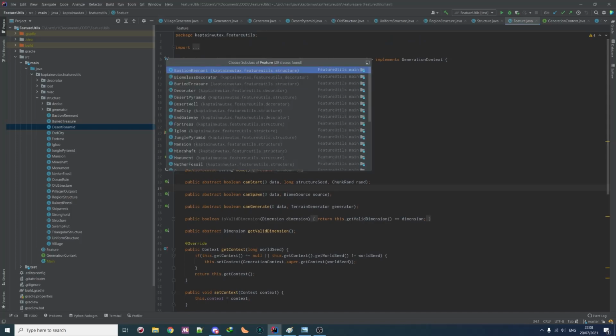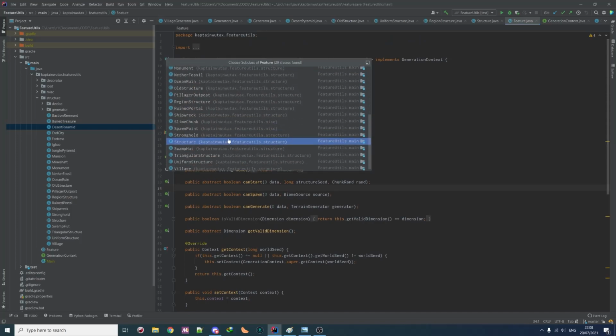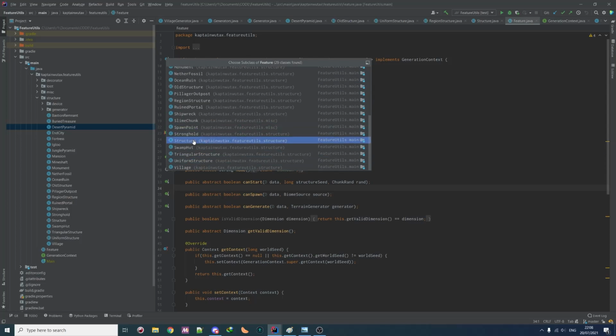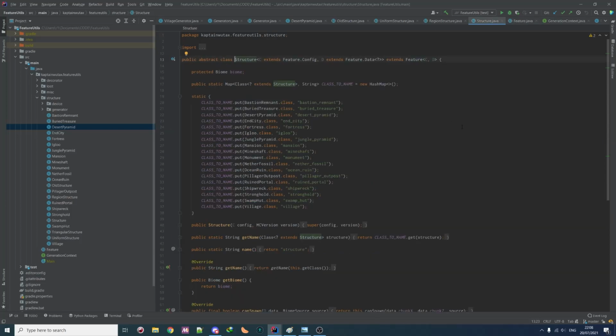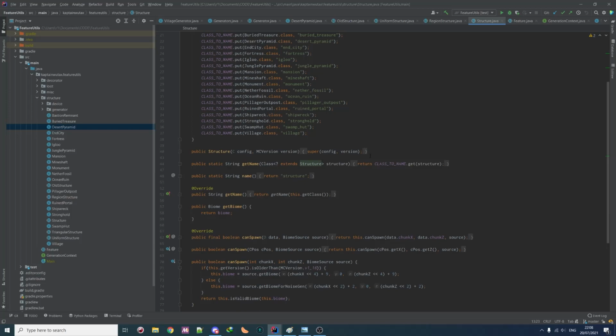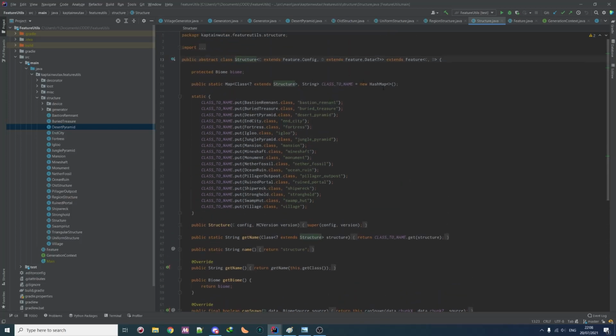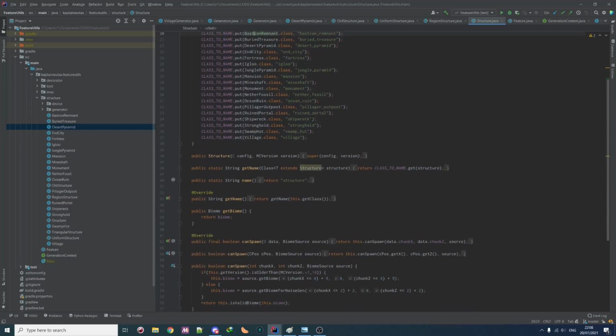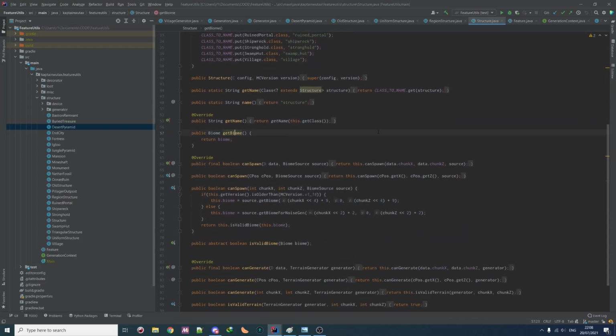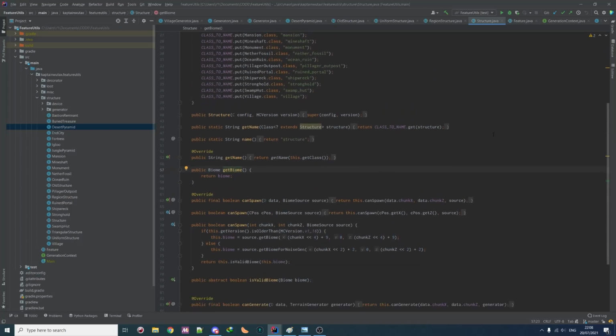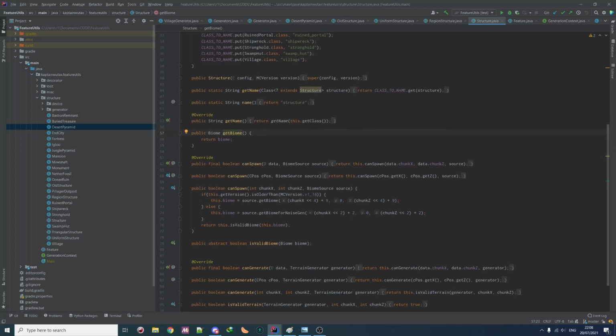The feature is then used in different stuff. The main one is structure, which we saw earlier as the historic one. So you get a list of all the possible structures here with their name, and you can actually get the specific biome which are attached to this structure, so they will only generate in this biome. You can also get